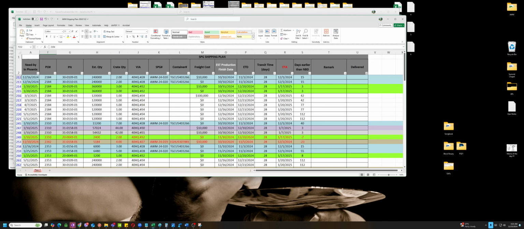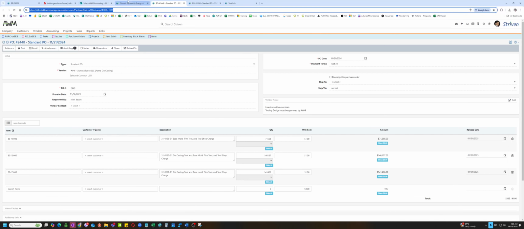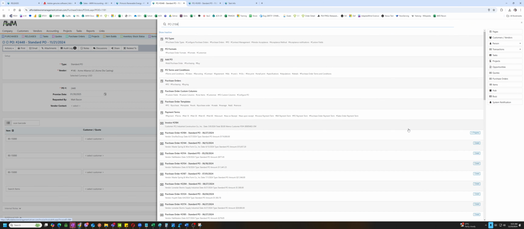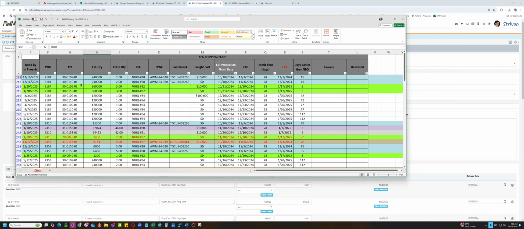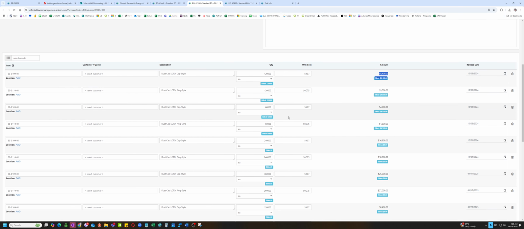So, PO 2184, going to sweep this and update accordingly. PO 2184. So there's various ways on how to approach this, but this is how I do it. So I'm going to look for this quantity because these are already received. This is a blanket PO, by the way. So 10.3 in the past already. So 240K not yet received or billed.